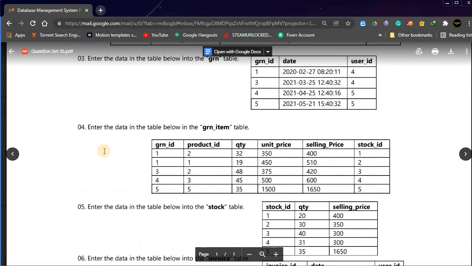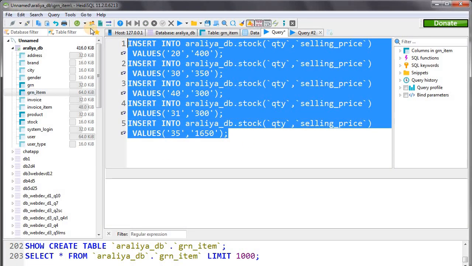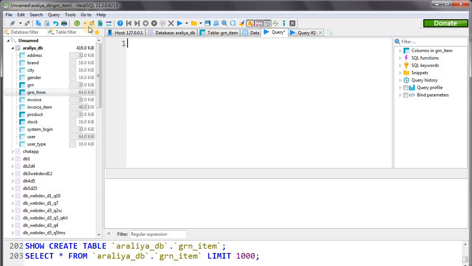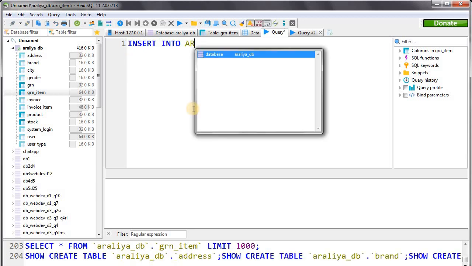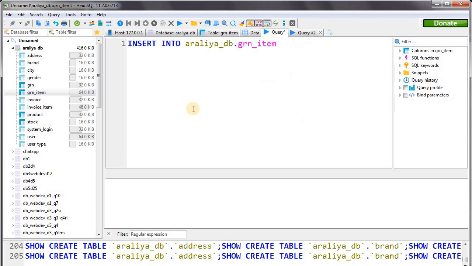Now let's move back to the 4th question: enter data into the GRN item table. Okay, now let's clear these queries and write a new one. Insert into AureliaDB, and this time the GRN item table.